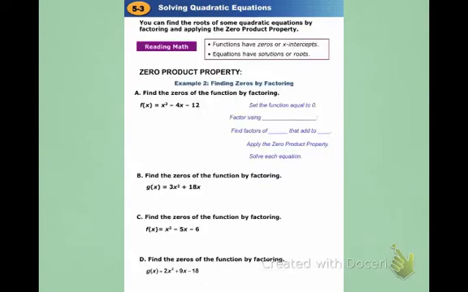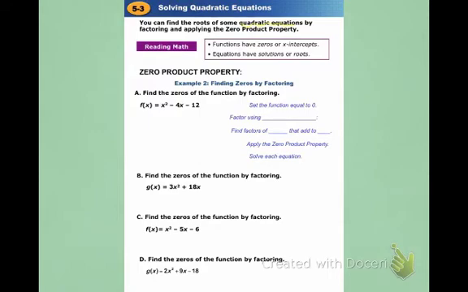Okay, so you can find the roots of some quadratic functions by factoring and applying the zero product property. This is a little semantics thing, but zeros, x-intercepts, and what we're now going to call solutions or roots all really mean the same thing. But when we are talking about quadratic functions, so when they're written in f of x equals ax squared